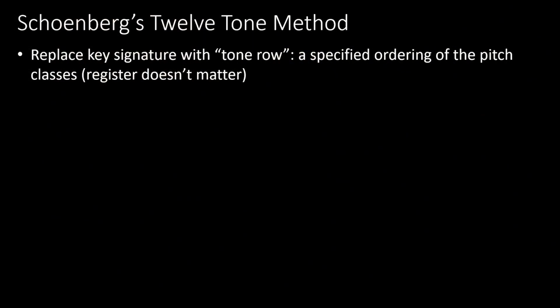All of the pitch classes appear equally often by design. There is no key signature. So the old 24 keys that you could use, 12 major and 12 minor for each of the 12 different pitch classes, that's gone. And so what do we replace it with? Because we are making music and not just noise, we need some kind of structure. That's what music is. So what you do is, instead of your key signature, you define what's called a tone row. And this is a specified ordering which you give of the 12 different pitch classes.